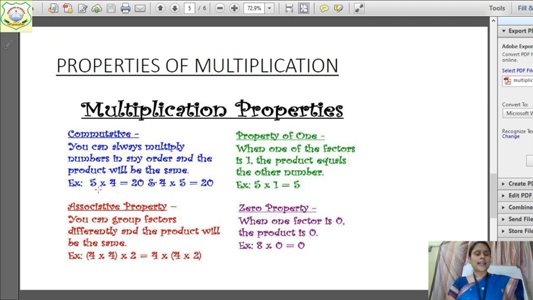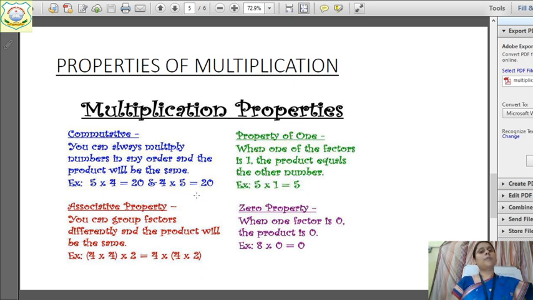See, you can see over here orders of numbers are changed. In first case 5 is written first and in another case 5 is written at the second place. In first case 4 is written at the second place and in second case again the 4 is written in the first place. Orders are changed, orders are different, but the answer is same. So there is no change in the answer. Answer in both the cases are same.